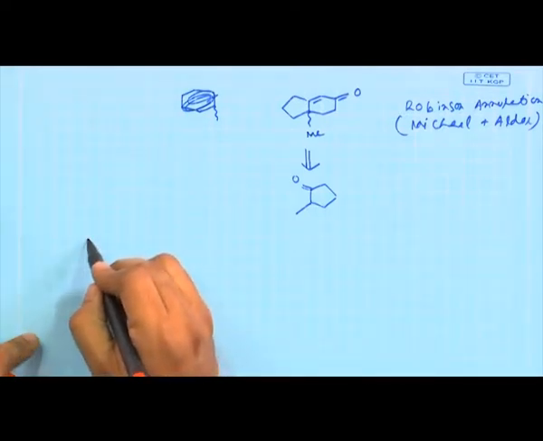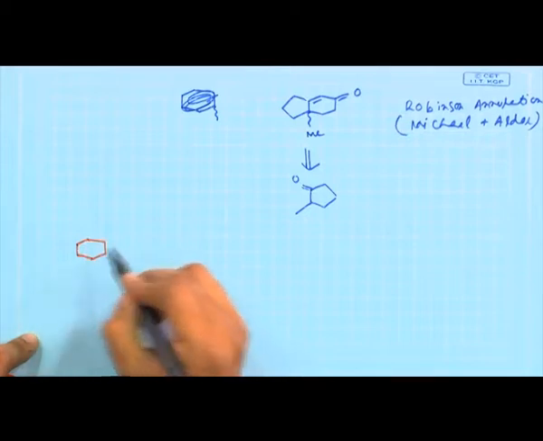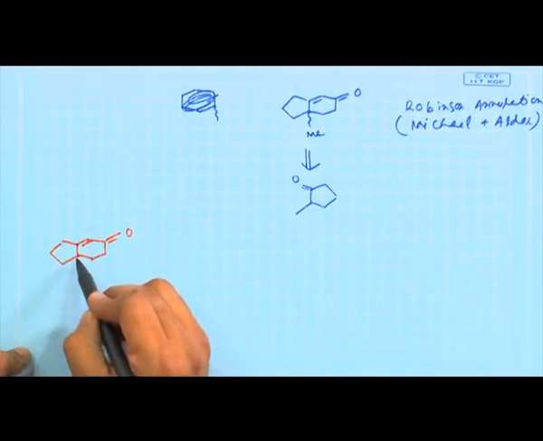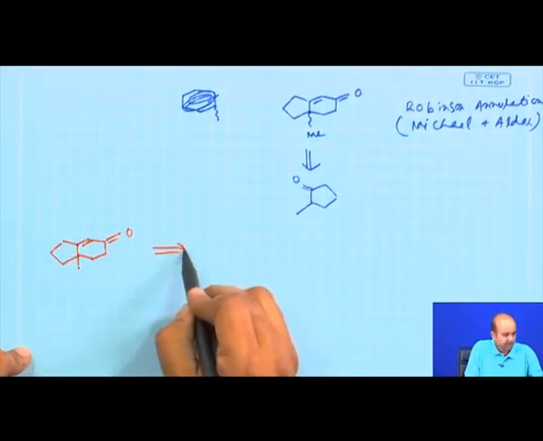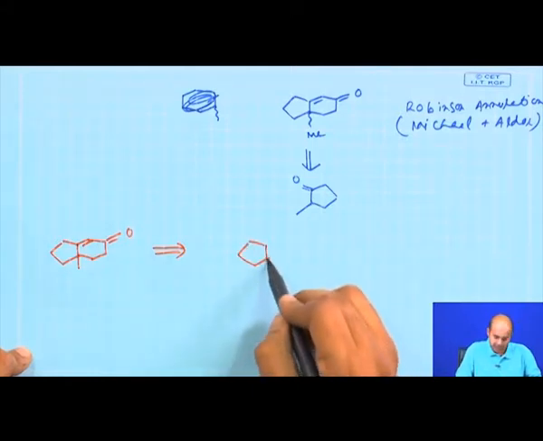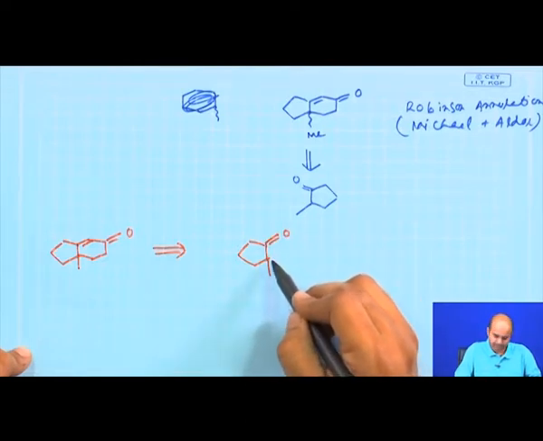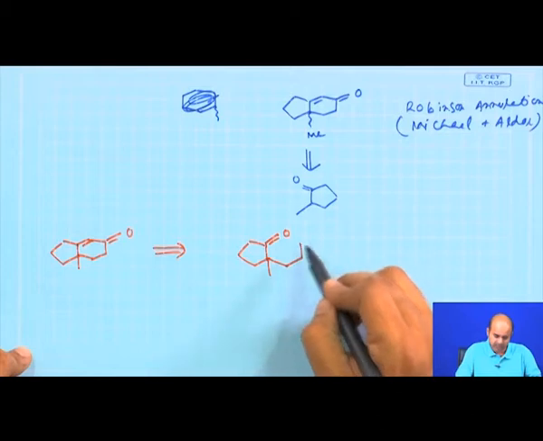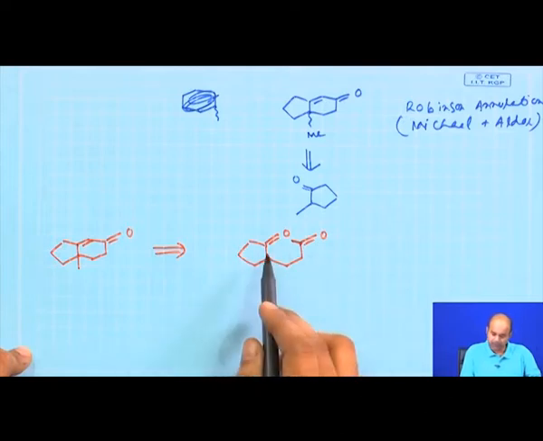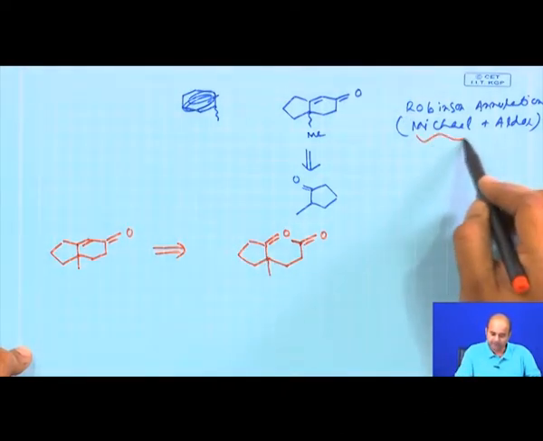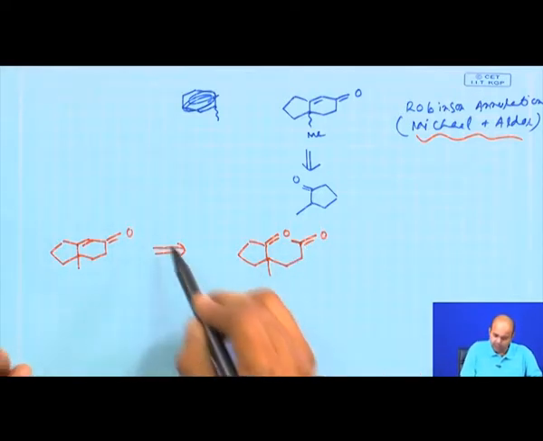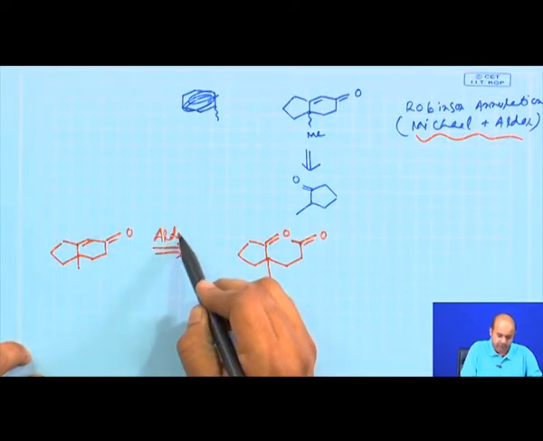The initial retro was shown in the PowerPoint. So, if you have this target molecule, you devise a pathway which looks like this. This is basically the final pathway in Robinson annulation. In Robinson annulation we do Michael and aldol. That is the combination. If you have this kind of carbonyl compound, you can do an aldol reaction, that is fine, that is the final pathway in the Robinson annulation.